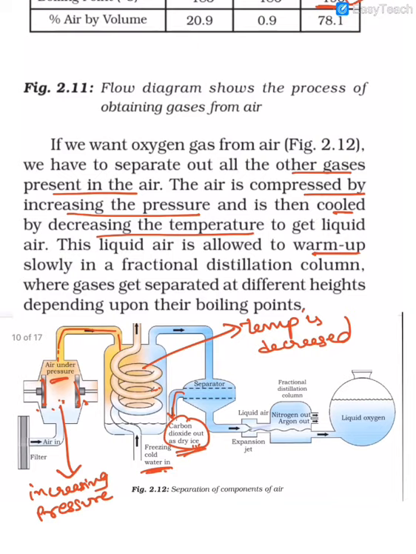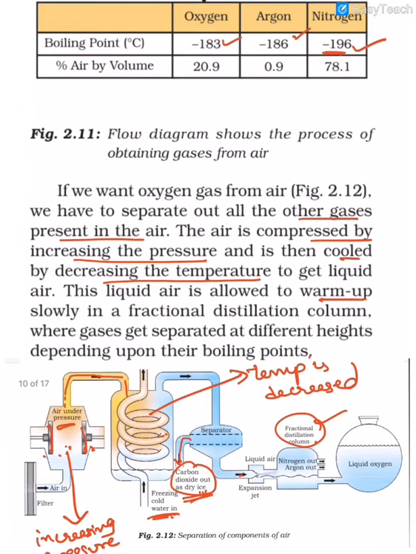So through this separator, the liquid air passes through this fractional distillation column, and then according to their boiling points you can remove the gases. First comes out the nitrogen. As we have seen, the boiling point of nitrogen is the least, that is minus 196. First nitrogen comes out, then argon, and last is oxygen. Then oxygen comes down here, you can convert it into liquid oxygen. In this way we can separate out the gases present in the air,